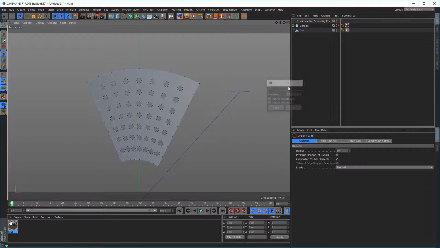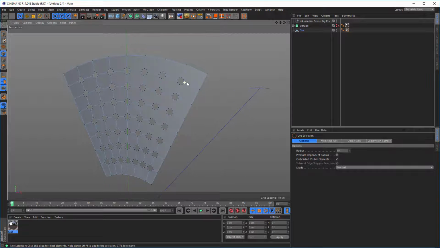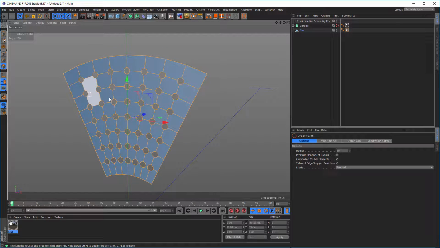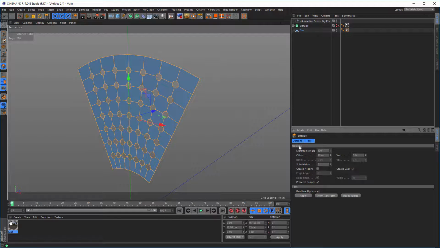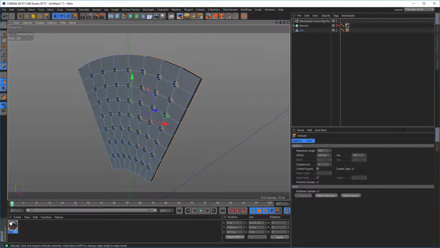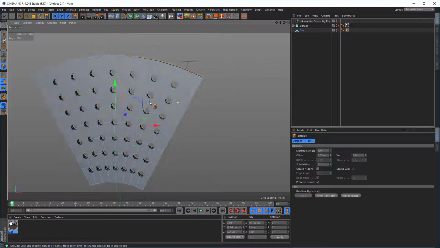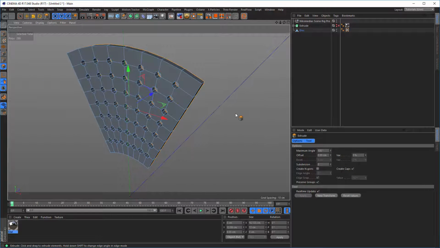Yes, and now you can go in the polygon mode, select everything, so Control A on your keyboard, and then D for extrusion, and create caps. It's necessary here. Extrude it a little bit, something like that. Okay,